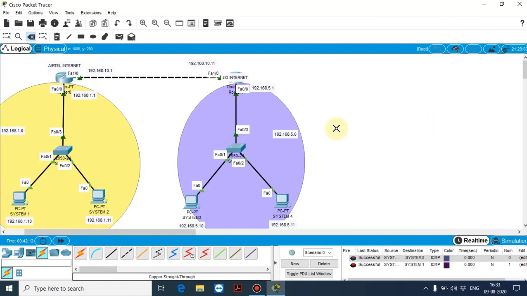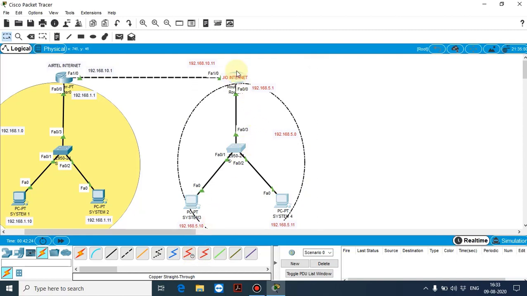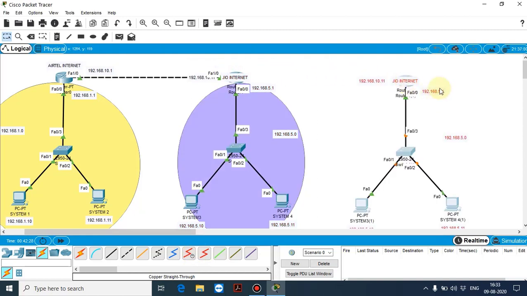Now, you can configure static routing via three different routers also. For three different routers, similarly the same way you have to define and configure. Only you have to change the network of all the IP addresses.